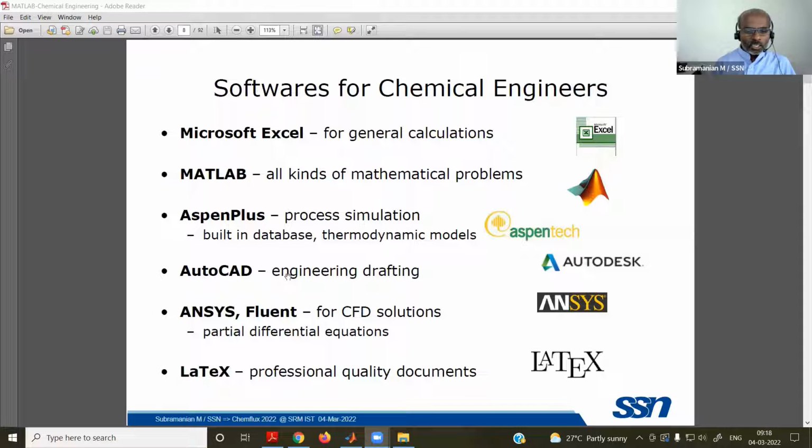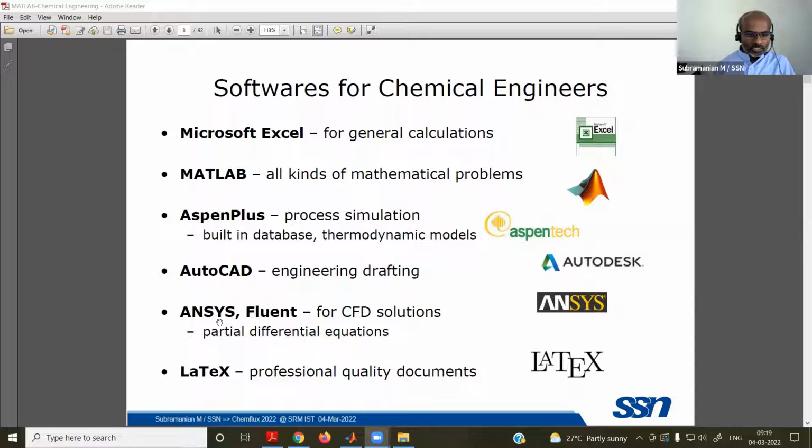And AutoCAD, of course, I feel is needed for representing the constructional features of any equipment. And for detailed, three-dimensional solutions, we normally use computational fluid dynamics.